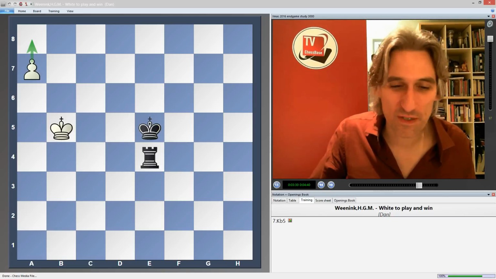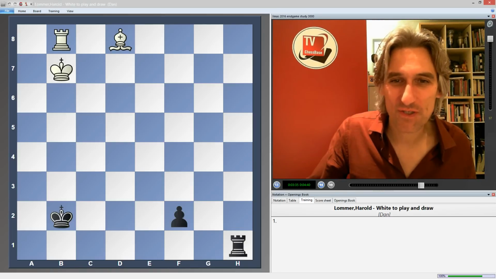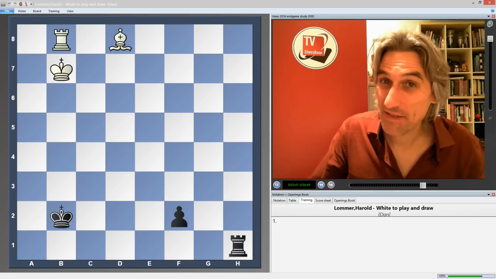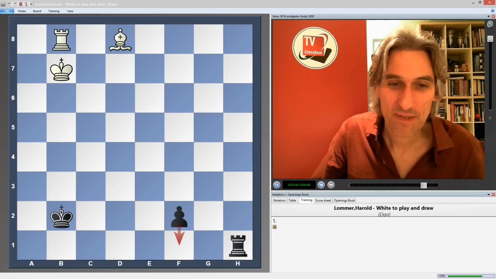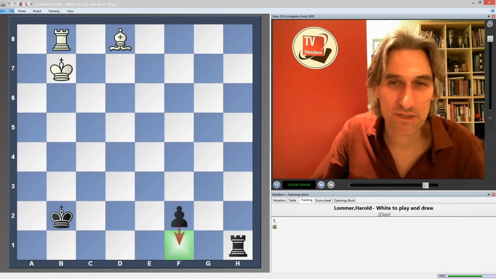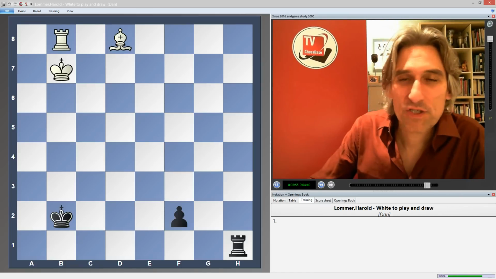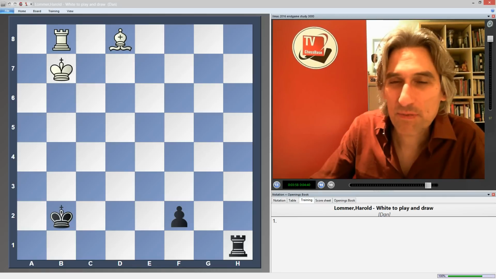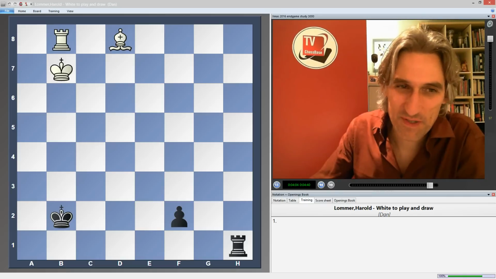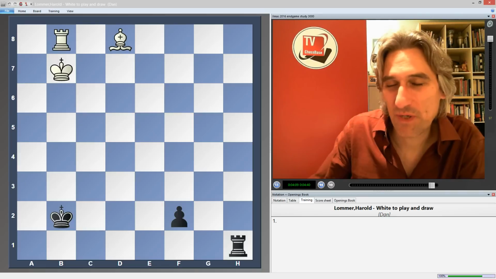Okay, let me set you one more position, and this is probably the most difficult of the lot. So here's the position. Once again, the theme is promotion, and Black would very much like to promote that pawn to a queen. Of course, then he should win. So here's the challenge. White to play and draw. How does White draw from this position? As I said, this is probably the most difficult of all the studies, but I hope you enjoy the challenge,